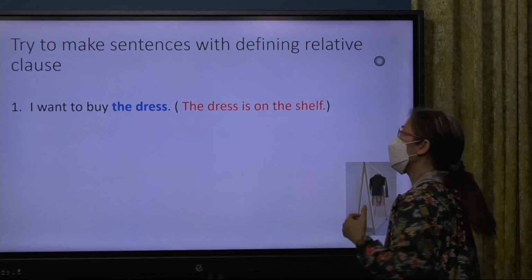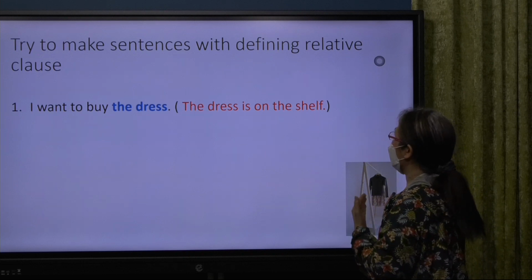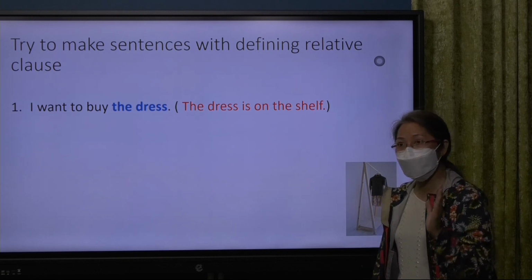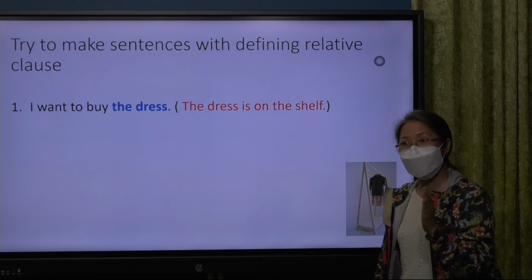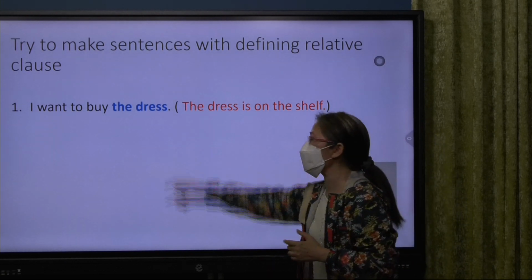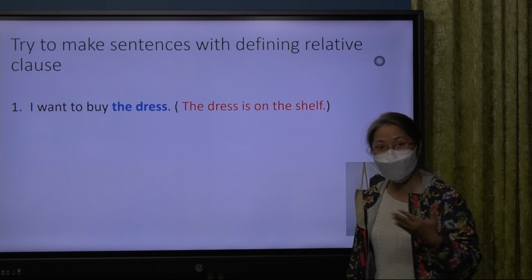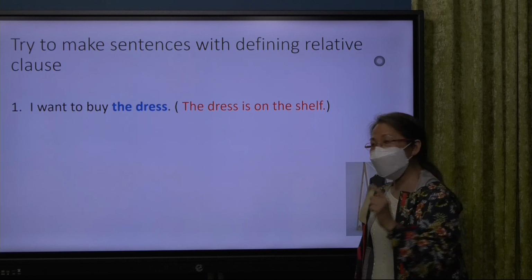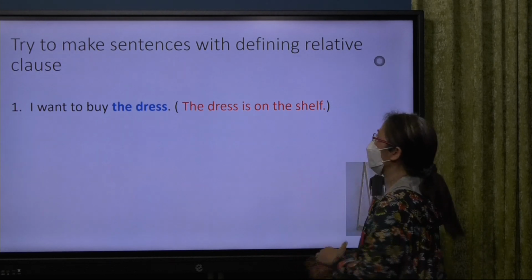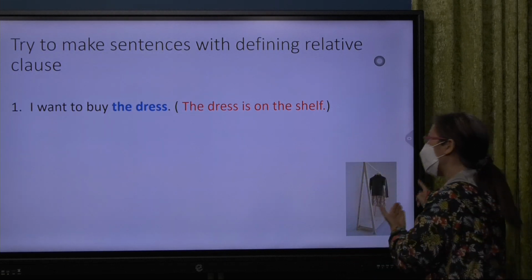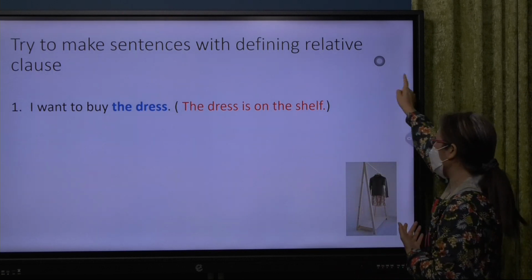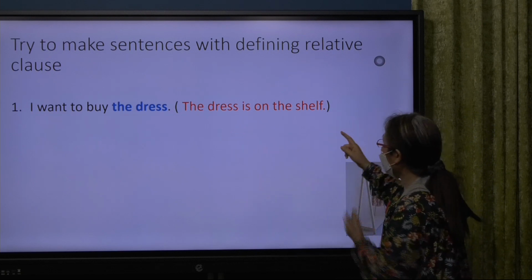Okay, now can you try to make sentences with defining relative clause? If you can, then it means you really understand how to use defining relative clause in your daily life. For example, I want to buy the dress. 我想買嗰條裙。Which one? I don't know. So you have to put down one more information. 所以你一定要寫多一個資料，令人知道你講緊邊一條㗎。The dress is on the sale. 架上面嗰條。